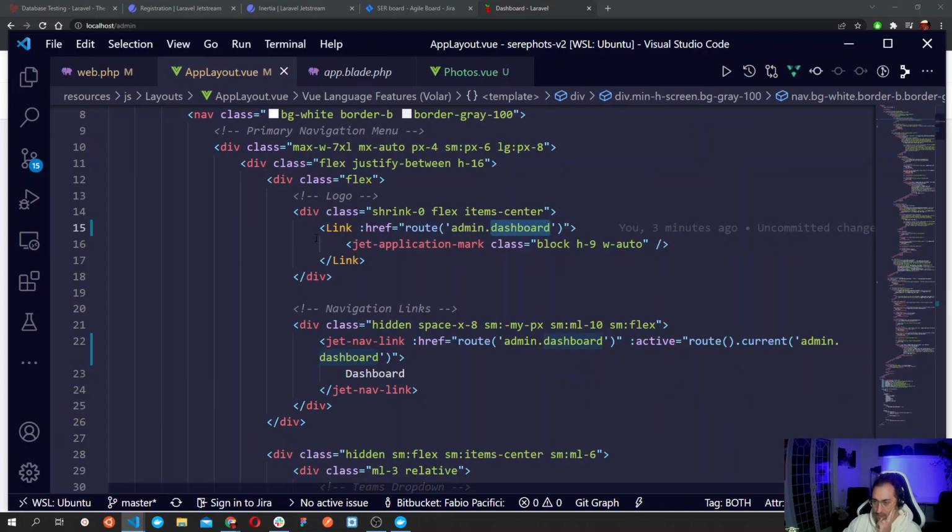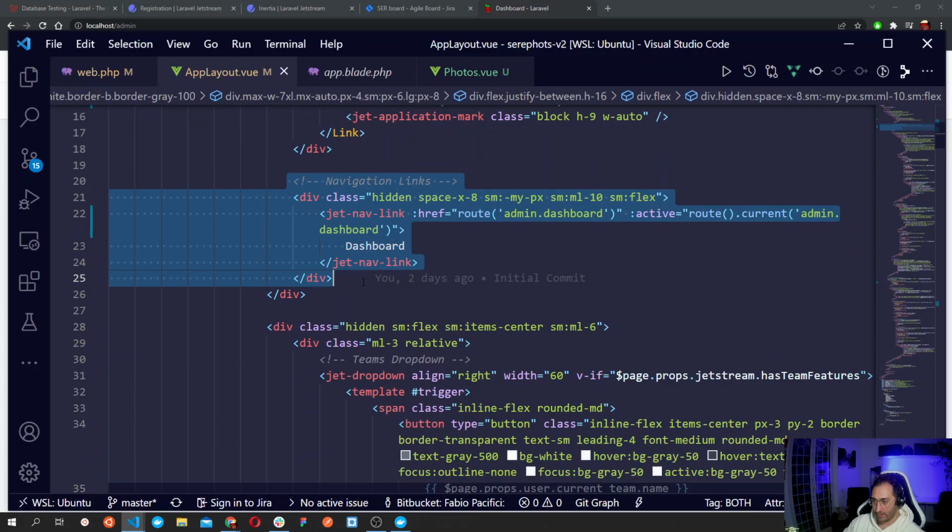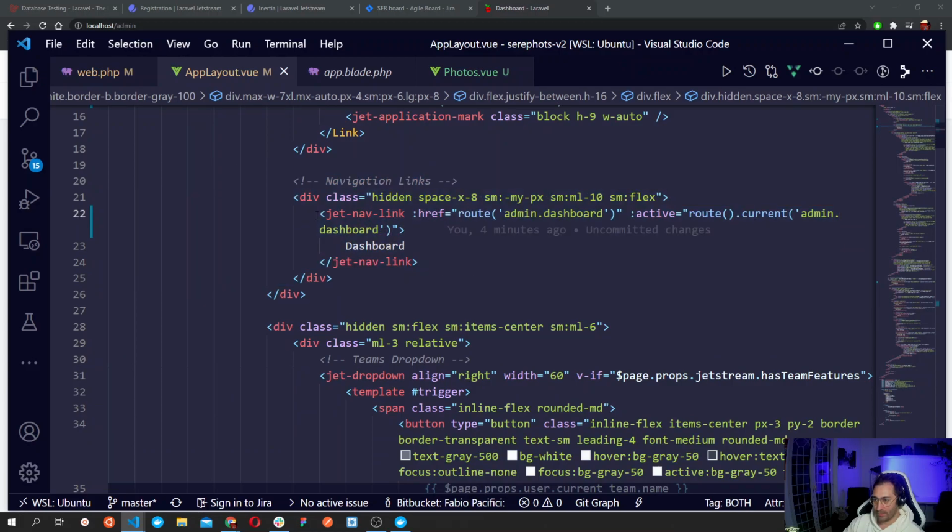Let's close this. So we have logo, and it is this one, so jet application mark. So this is the logo, and then the navigation links, we have them here. Okay, so if I copy this,